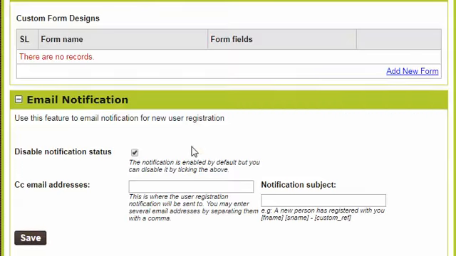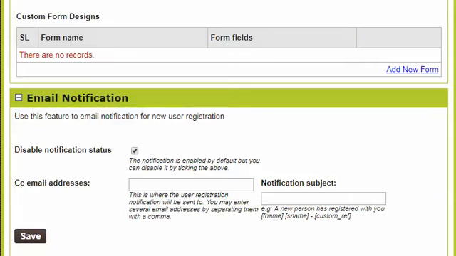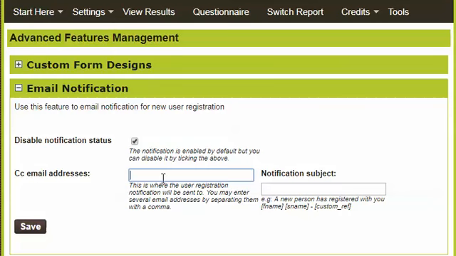You can also go into the email notification and set up, if you want to get an email to tell you when a candidate registers, then you just put your email address in here. You can put more than one in, so if someone goes on holiday then someone still gets notified, and just put in something in the subject line like new candidate registered and untick the box. That's the thing to do. I know it's a bit back to front, but untick the box, press save, and you'll get an email every